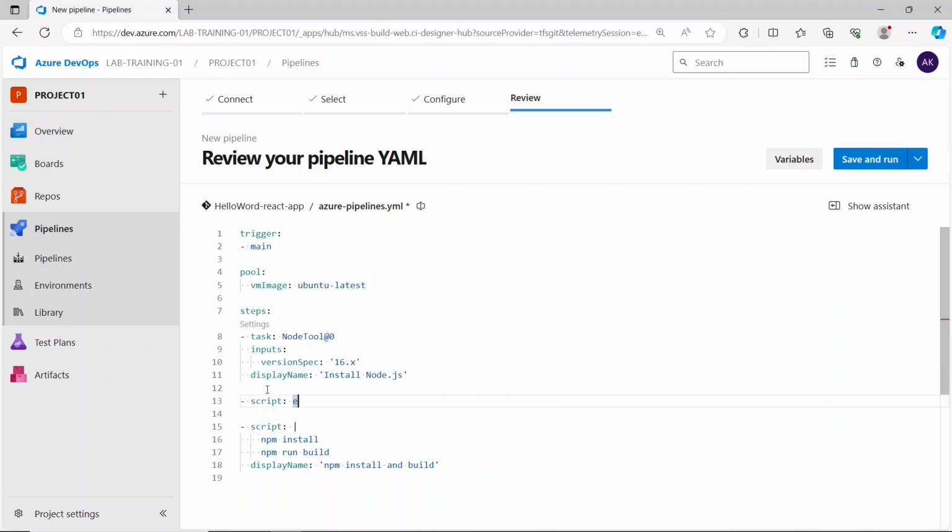and the script will be echo, viewing files before compilation. We have to give this if we are running multi-line scripts,